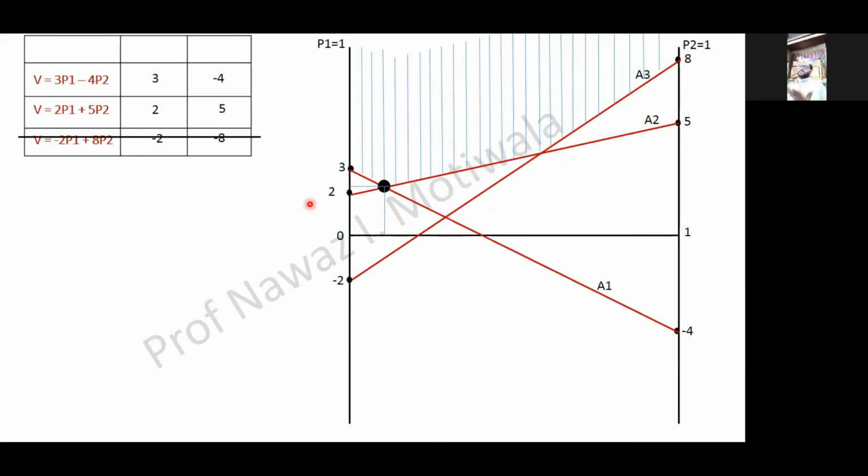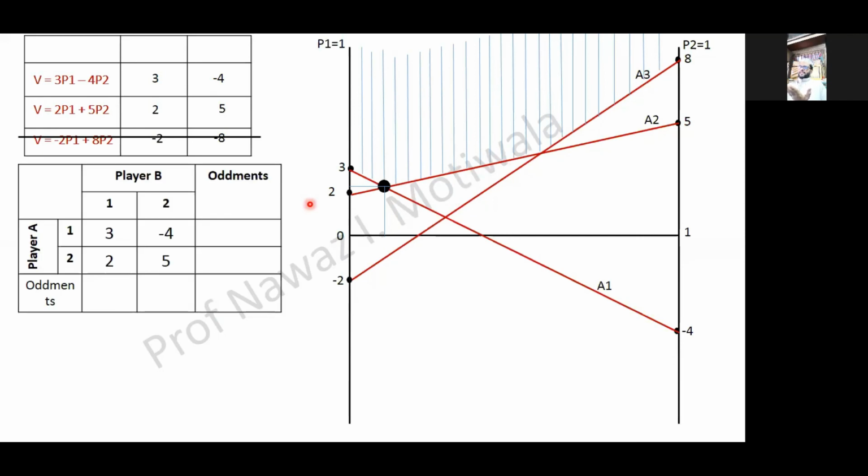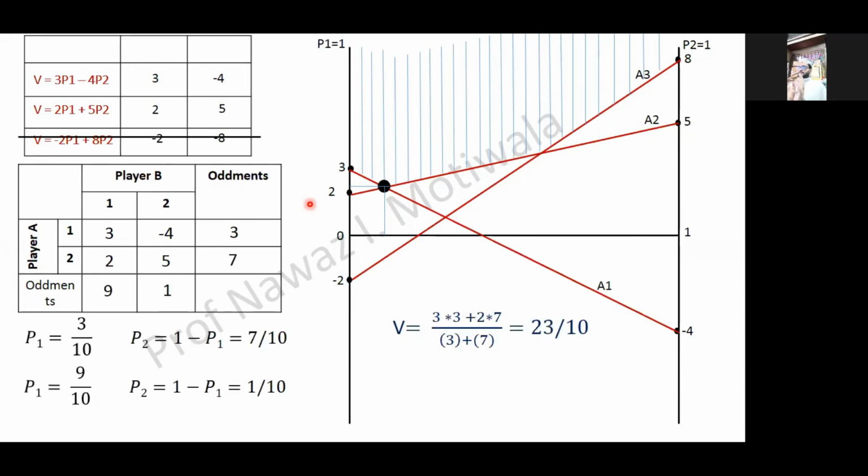Now our simple regular procedure will follow, that I have reduced it to 2 by 2 matrix. Now I can find out oddments and then the final answer. ठीक है, ये हमको करने की जरूरत कब नहीं पड़ती है, जो पूरा वाला आगे का पार्ट मैंने किया oddments वाला, when we plot directly onto the graph paper, where I can directly write that यहाँ से मैं perpendicular drop किया, suppose यहाँ पर आंसर मुझे मिलता है 0.2.